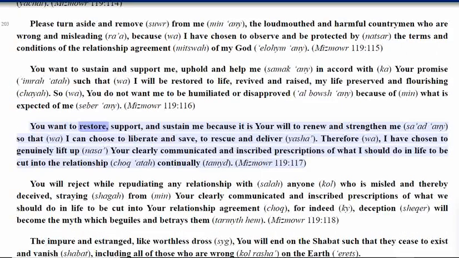119-116. You want to restore, support, and sustain me because it is your will to renew and strengthen me, Sard any, so that I can choose to liberate and save, to rescue and deliver, Yasha. Therefore, I have chosen to genuinely lift up, Nasa, your clearly communicated and inscribed prescriptions of what I should do in life to be cut into the relationship, Kukota, continually, Tamid. Mizmowr